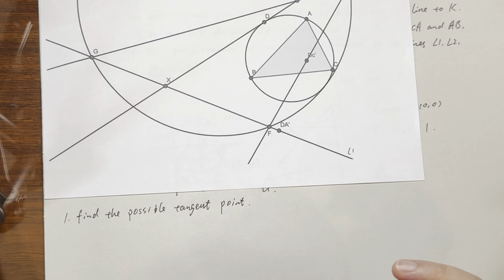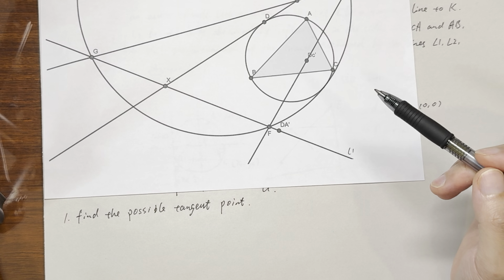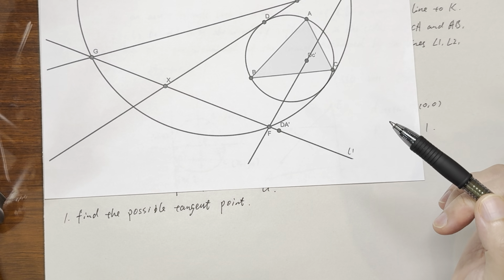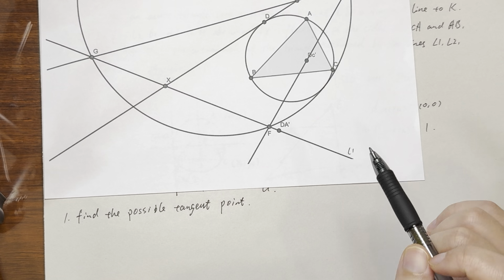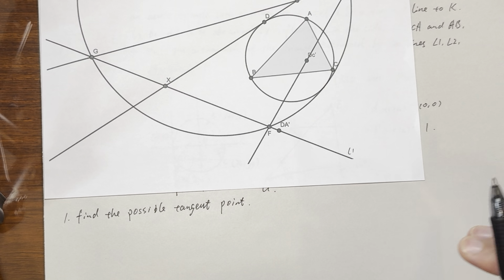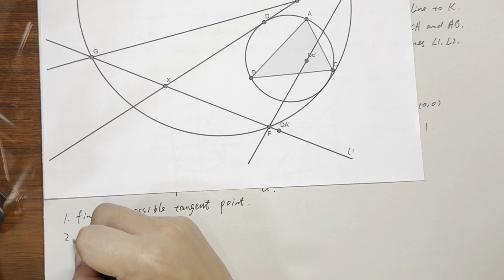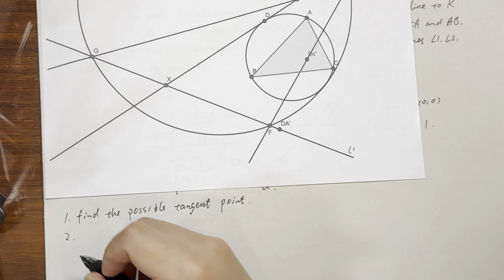We need to find because in all of these circles are tangent on a weird point. This weird point is not just a tangent point, it has some other properties. So we need to find some other properties first and try to prove that. So try to think of this as a possible tangent point, and then the second part, we want to prove